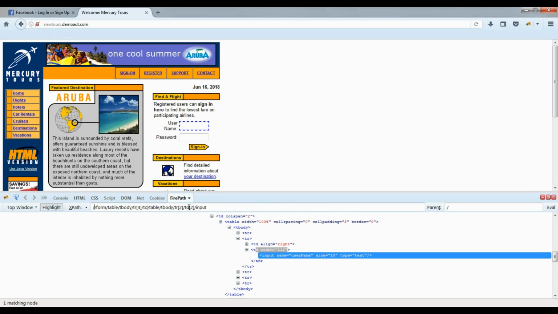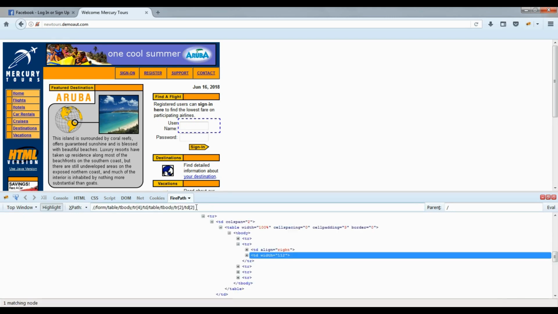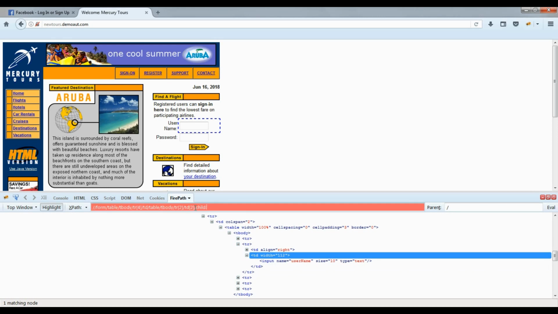Now here I need to select which node, my tr or td node, as my parent node. So let's make this td as my parent node. So it has selected this td as my parent node. Since the td acts as my context node, I need to use /child so that I can select this input text box. So I'm going to say /child::